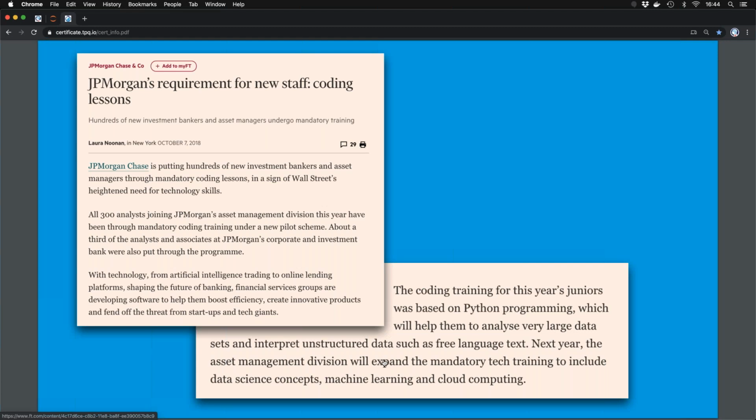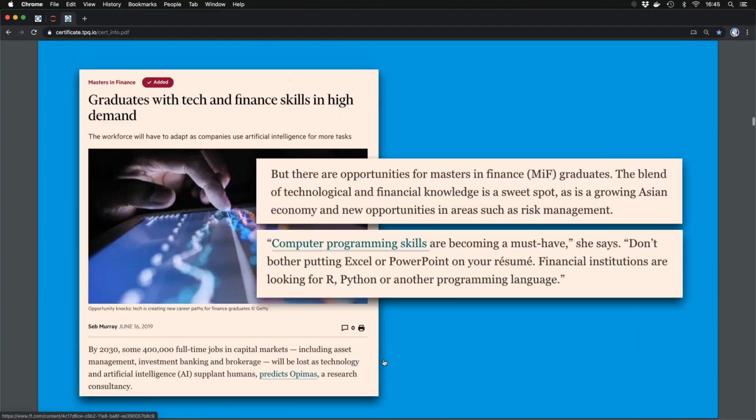And you don't find a topic here in the list or in these articles that we don't cover. So we have, of course, Python at the core. We do quite a bit of data science or financial data science class. We have multiple classes and areas that are focused on machine and deep learning, on reinforcement learning, and cloud computing is a core part of our tools and skills class. So this is what we really cover, and I think this shows how practical the curriculum is in this regard.